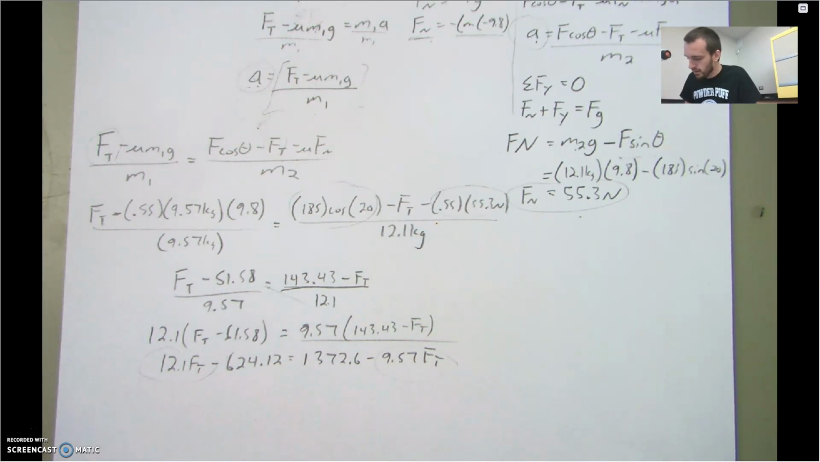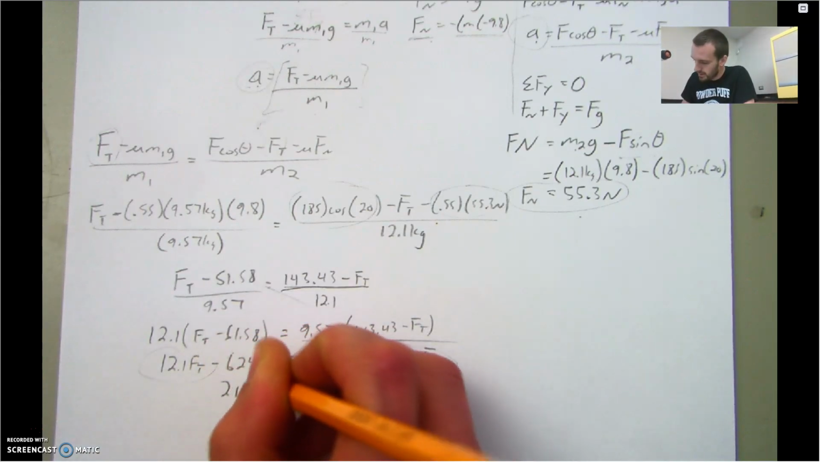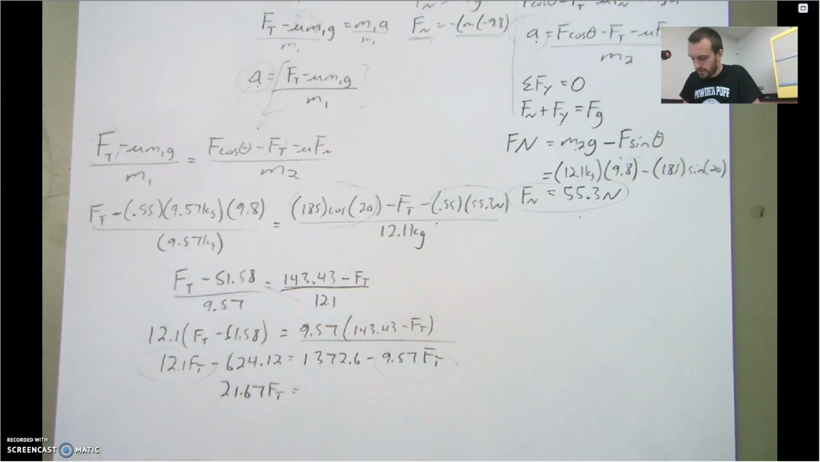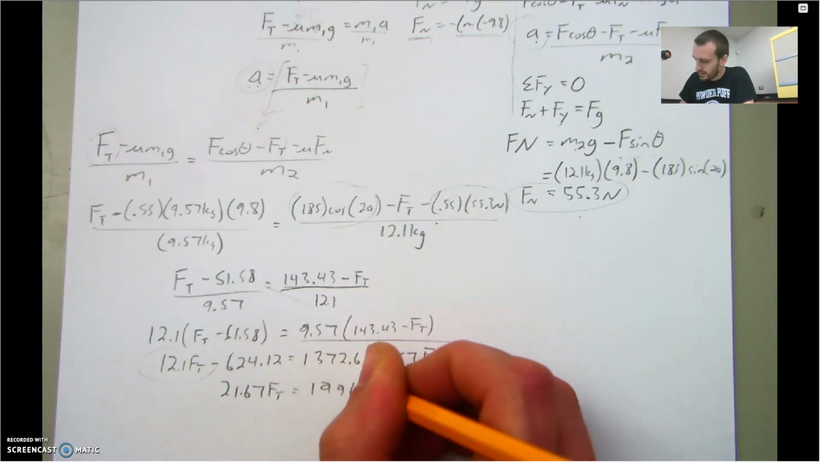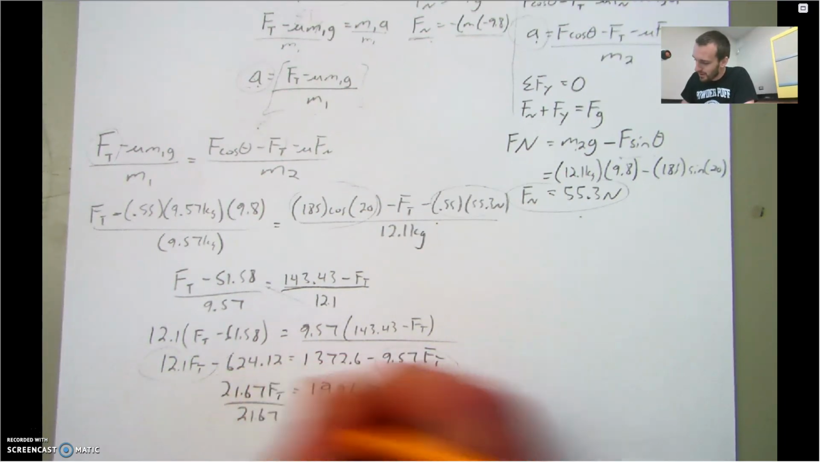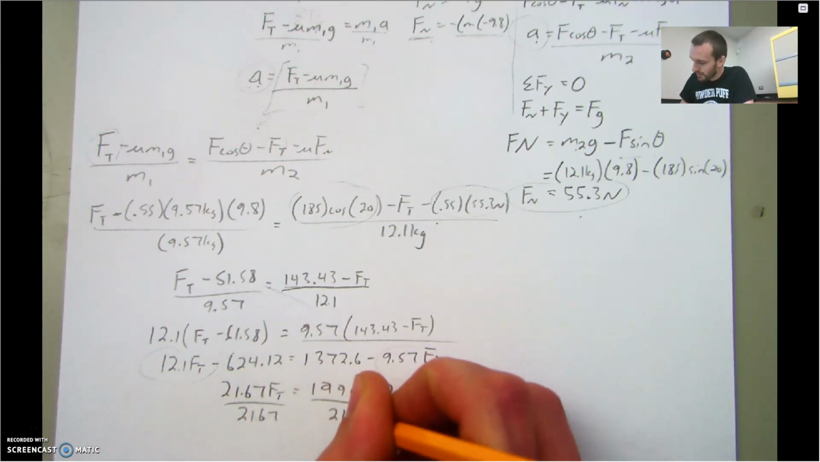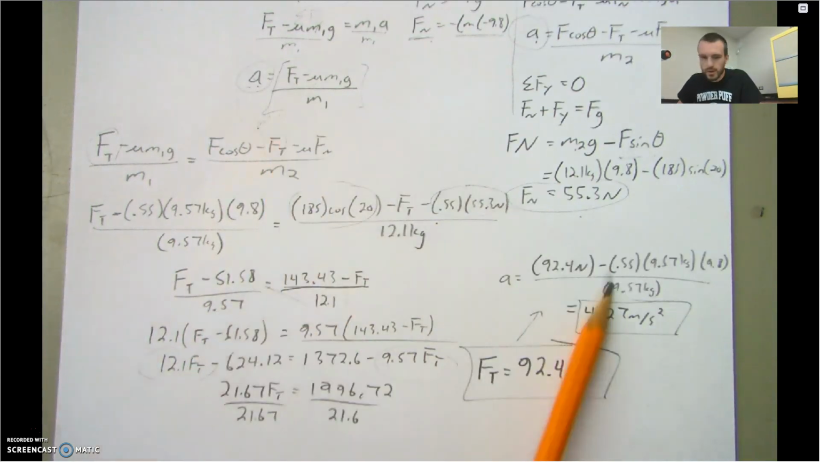So to do that, I would add 12.1 plus 9.57 to get a total of 21.67 FT over here. I would get 1372.6, and I'd have to add plus 624.12. Gets me 1996.72. And it looks like I might run out of time in this 15-minute video window to solve the answer for you, so I guess I'll have to come back. Let me pause the algebra, find the answer, plug it into this equation, and you got your